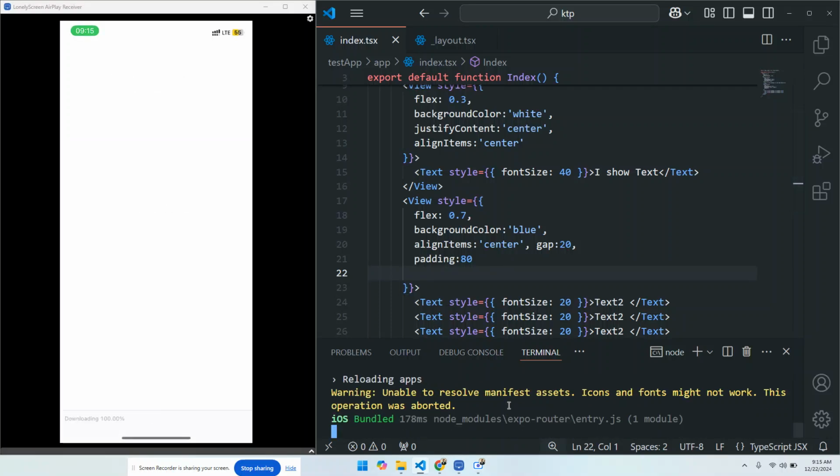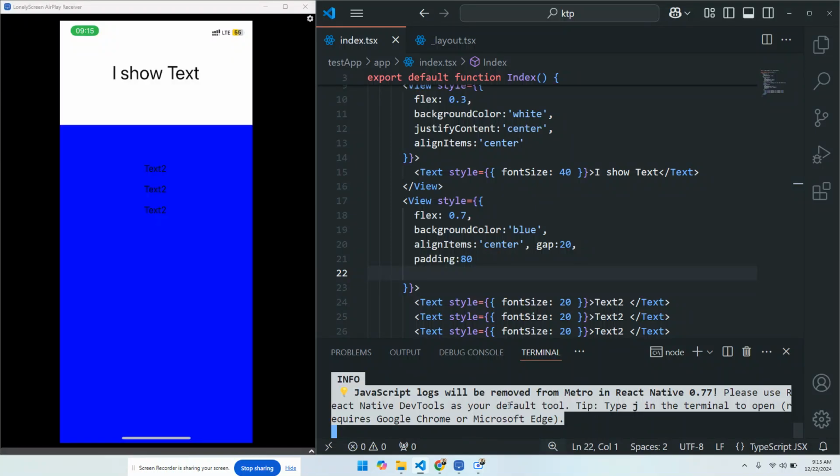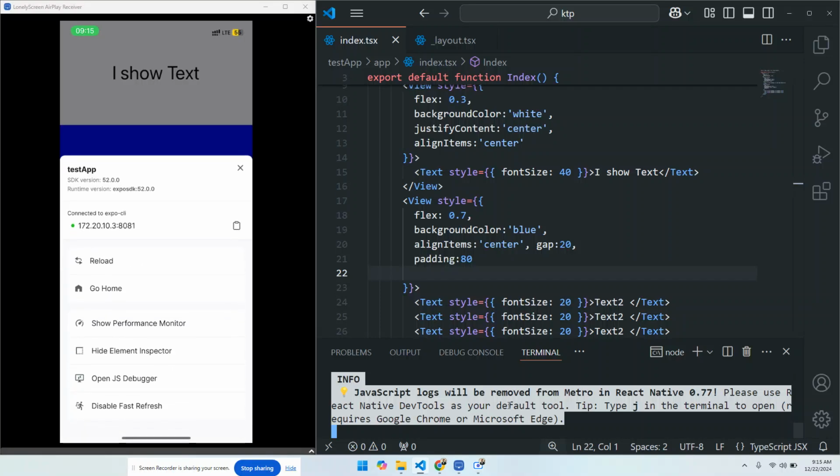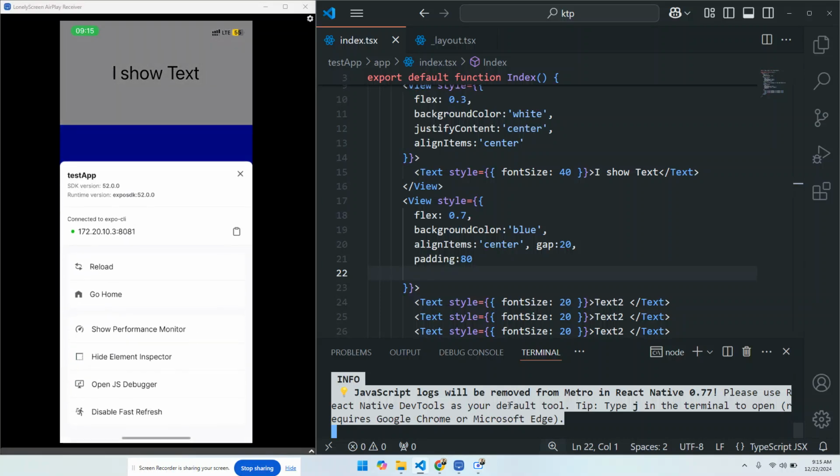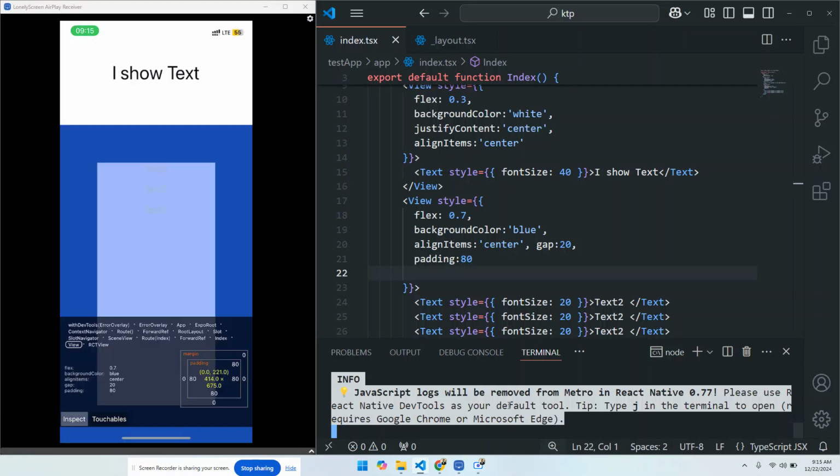Let me try to reload. If we increase it to 80, let's check the phone again. We go to the element inspector. Okay, I can see it. Now you see how this dark blue is the padding, and this light blue is what goes inside. And then you can see there's another element which is known as margin. If you look down below here at the numbers, there's padding and margin. So let's keep padding 40